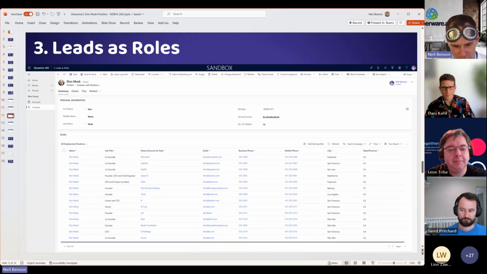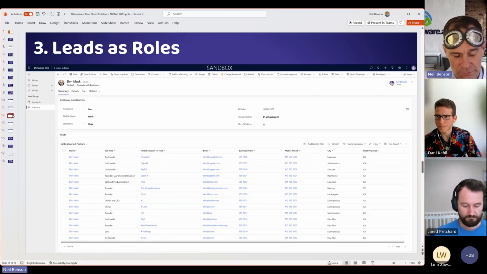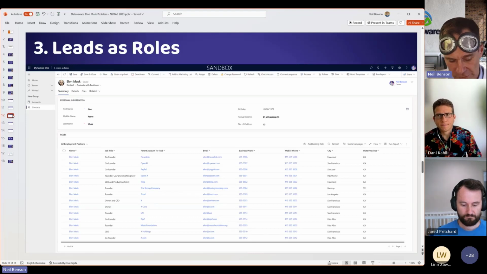I'm not a big fan of leads used in that way, mostly because they're used as a dumping ground for crap quality data. I prefer just to keep crap quality data out of my CRM system, especially in a business-to-business environment where you're probably selling to a known universe of companies in your industry, right? If you sell to universities, there's only so many universities in Australia, or if you sell to hospitals, there's a known universe of those. If you sell to the public sector, there's only so many government agencies and departments. And you want to try and avoid using leads in business-to-business scenarios.